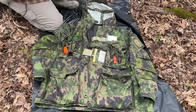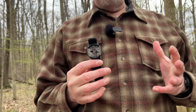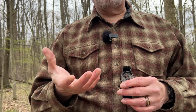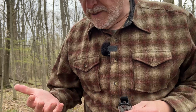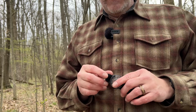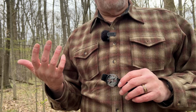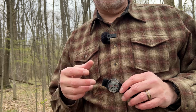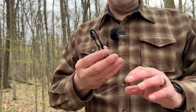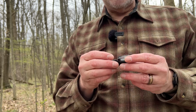And then a really important item is a compass. One thing with mini compasses, you'll see these little mini compasses that come in all these survival kits. Most of those are junk. You really have to be careful with those because they will form bubbles. They're not very accurate. They're not very durable, I guess is what I want to say. This is a Suunto wrist compass, and why I like this in particular,